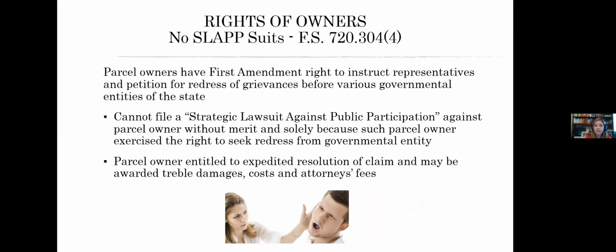And if an owner is exercising a First Amendment right, you can't sue them in what's called a SLAPP suit, right? You can't file a lawsuit against an owner who's simply exercising a First Amendment right. You can't try and shut them down. And we don't see this very often at all, but there's a fair amount of statutory language and cases about SLAPP suits. We're not seeing them here, but if we're advising our clients, make sure you have a real issue, and this is not a personal issue or someone didn't exercise a right they're perfectly able to have before you start taking action against them.